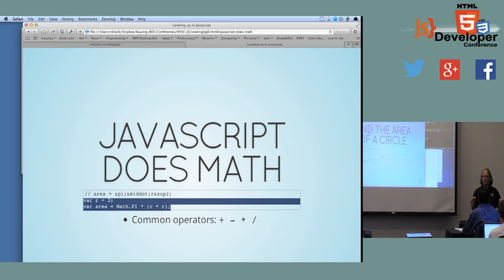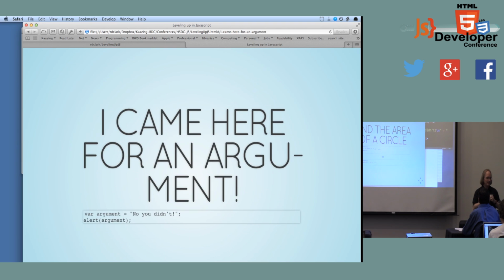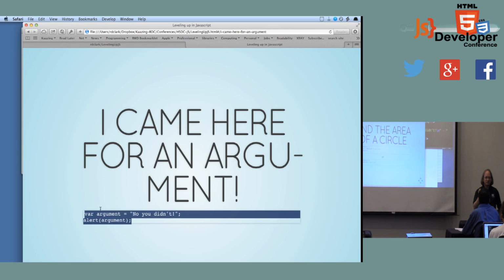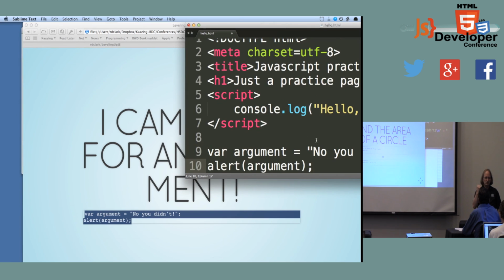So semicolon in JavaScript is what's called the statement separator. It's like the period at the end of a sentence. It says, okay, I've asked you to do thing A. Now I'm going to ask you to do thing B. In most languages, they strictly require that semicolon on the end of the line. JavaScript's a little more forgiving. If you forget the semicolon, JavaScript will automatically insert one at that spot.